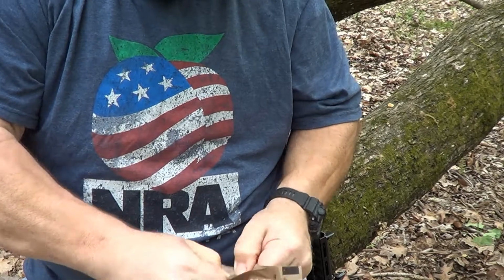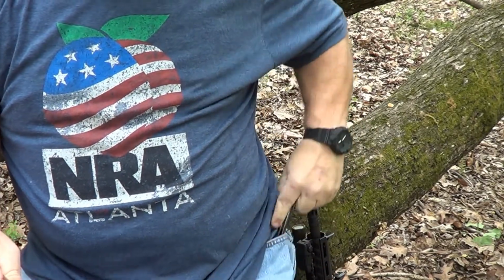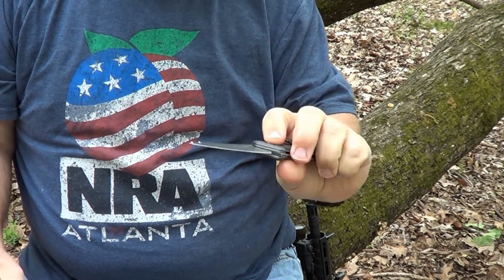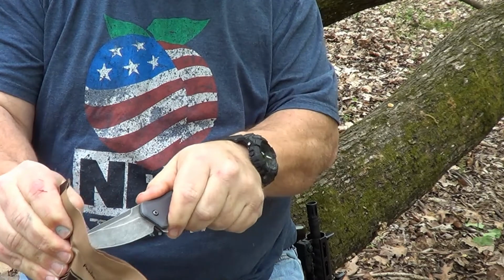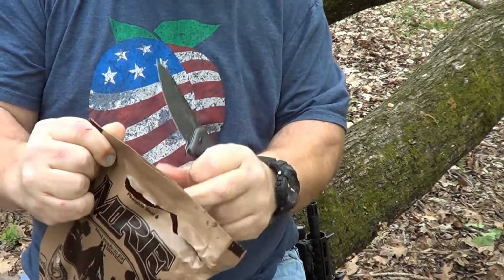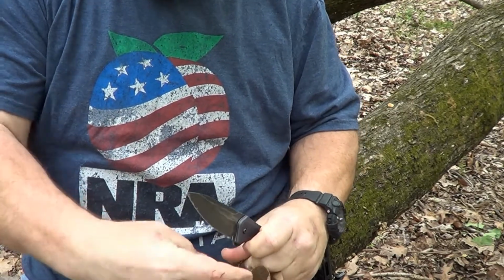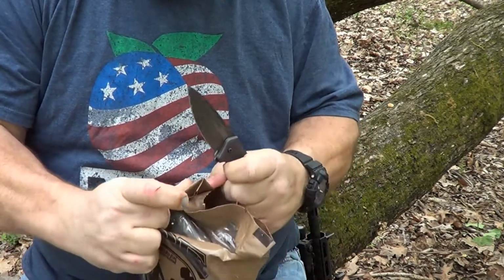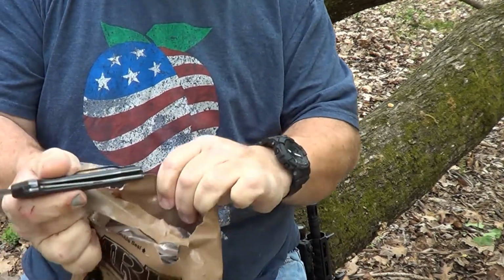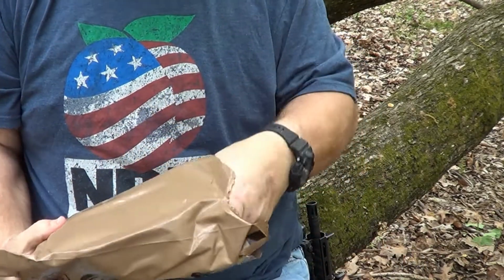So what I normally do, we got the Kershaw with us today. I normally just slice it open. Okay, what you have is an outer bag. It's very well sealed and it blocks light. I think that's the biggest importance for it. It keeps bugs out, blocks light, because once you go into an MRE,